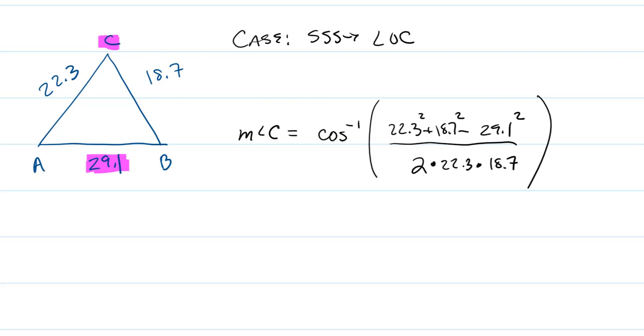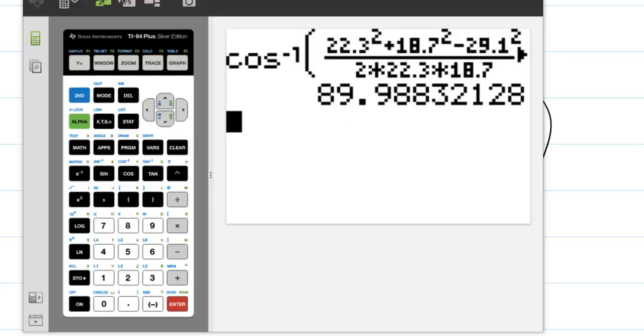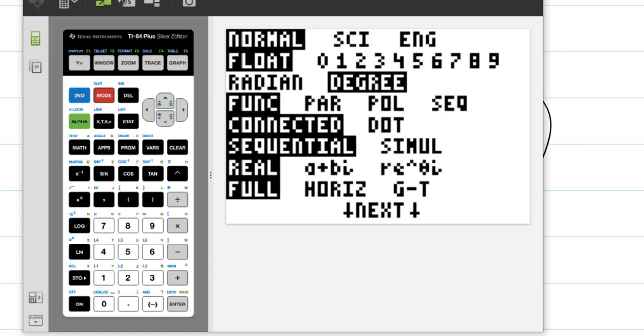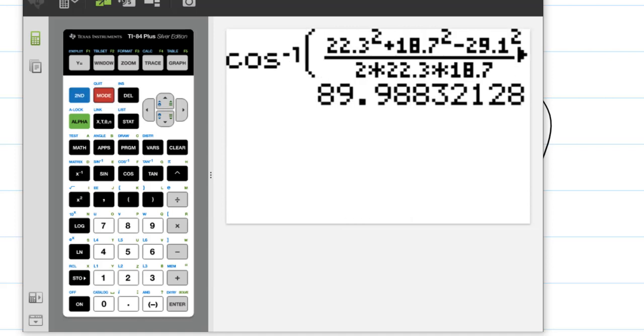So we're going to take out our graphing calculator. And remember, you always need to be in what mode? Yeah, that's right, degree mode. If you forget how to go to degree mode, you're just going to go to the mode menu, and in there you're going to want to make sure you're in degree. Then take your time as you input the information, because that is very often where people will mess up. So you type in arccosine and all the information, and you get about